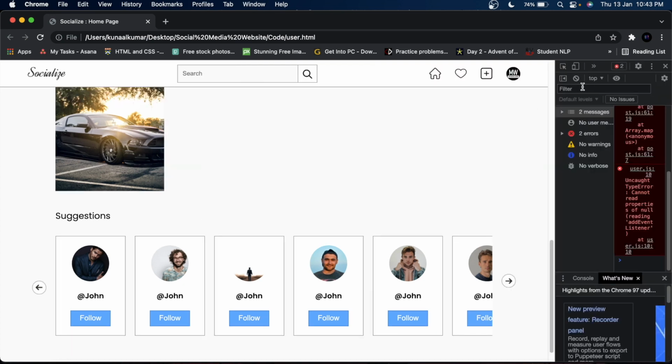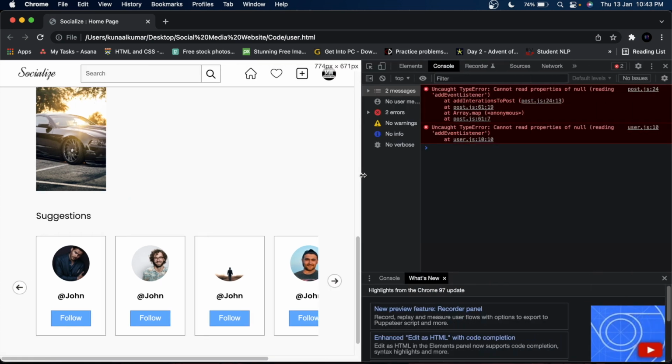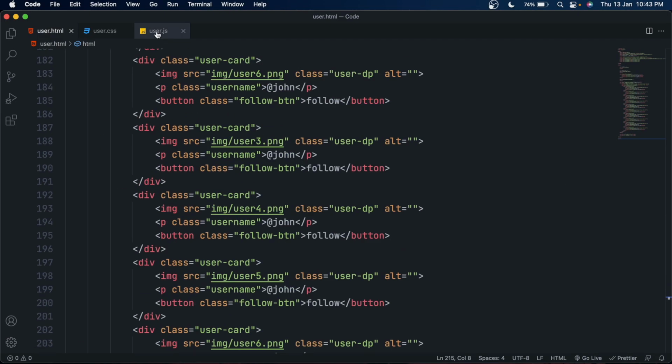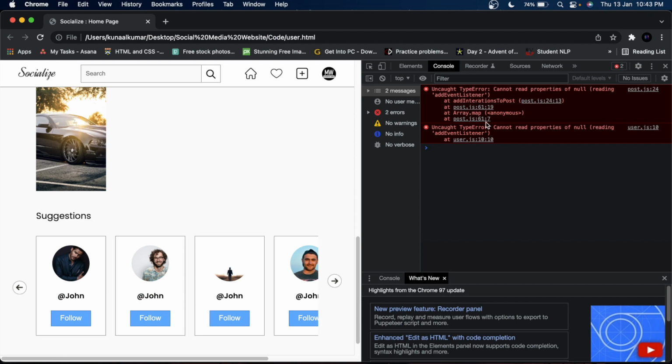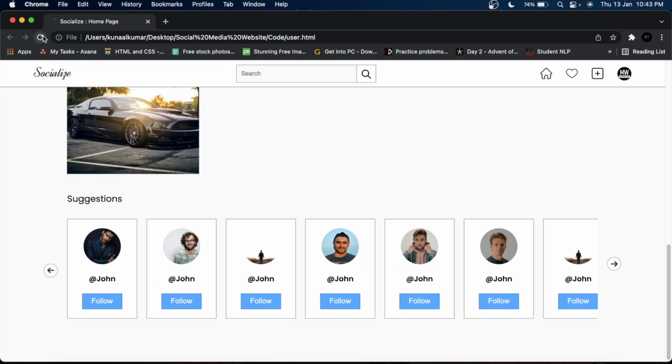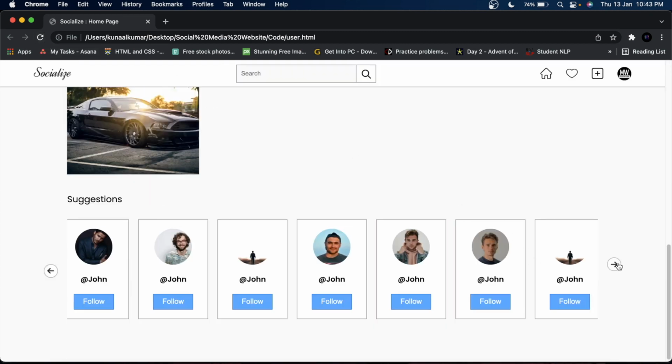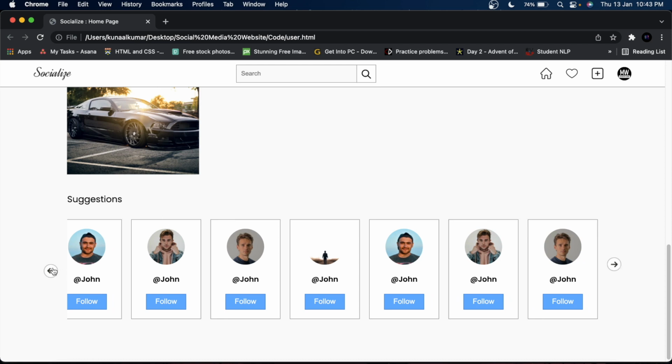You can see it's not working, and if I open the console, it's not working because I didn't select the next arrow and pre arrow properly. Because I messed up the dot here, add the dot at the beginning and it will work fine, I guess. So if I check it now, yeah, you can see my slider is working fine.